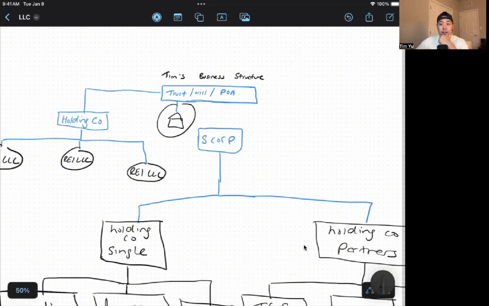But I put it in the trust in case something happens to me where I pass away, and then my wife doesn't have to actually go through the probate process. So if you guys don't know, if you have a property and you pass away and it's not in a trust, more likely than not, you will have to go through the probate process in order to claim that property back. And you got to pay all these different taxes because it's not in a trust. So it's really important to have that property inside that trust.